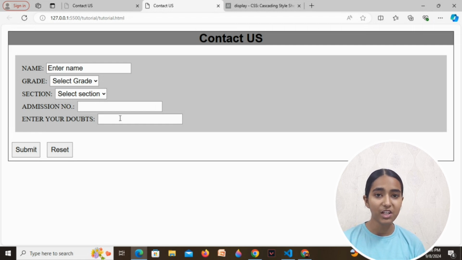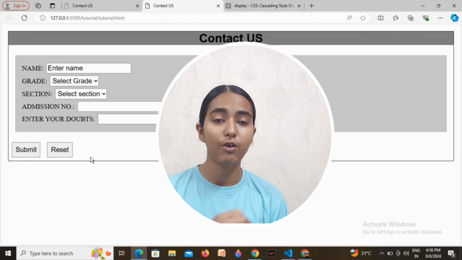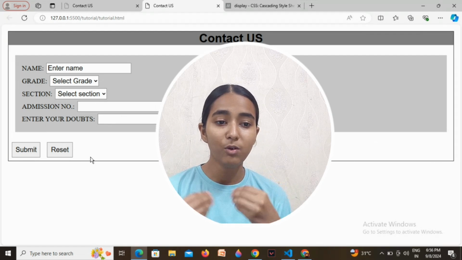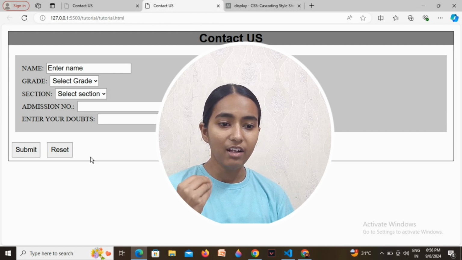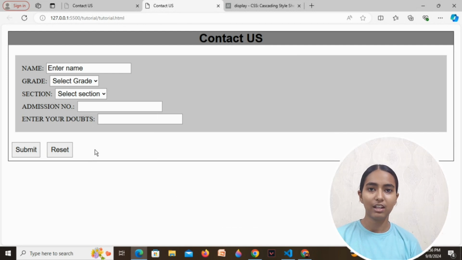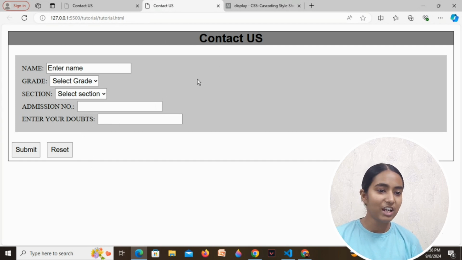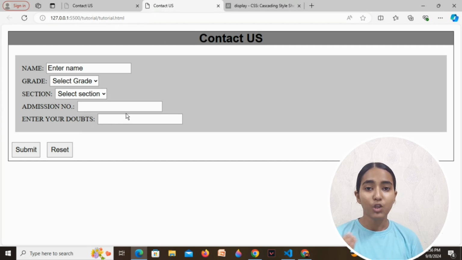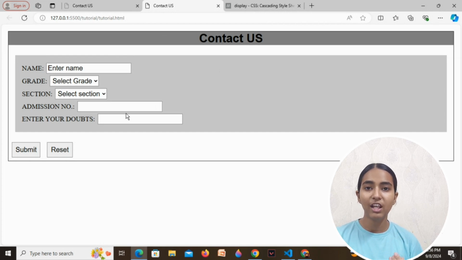This is just a basic contact us form. We have not added much in this part till now. Like if you're going to create a website, you're going to add images, you're going to add borders, you're going to highlight all the things. But for this part, this is very simple and a very basic thing. So if you're able to create these things, you can definitely move on to the difficult parts as well. But if you're a beginner, then creating a contact us form should be your first preference because even when I started my coding, this was the first thing I created.